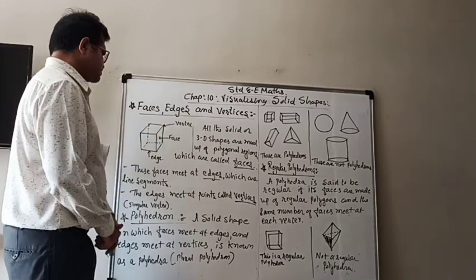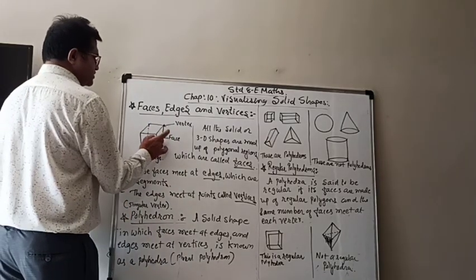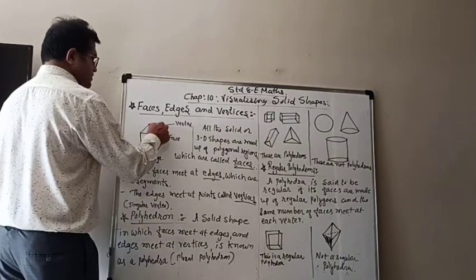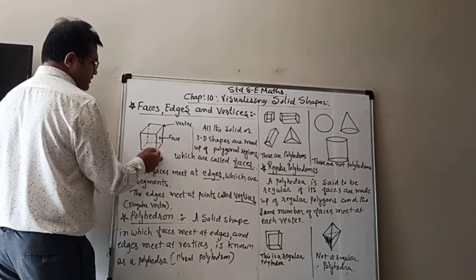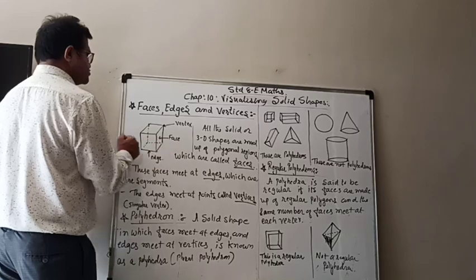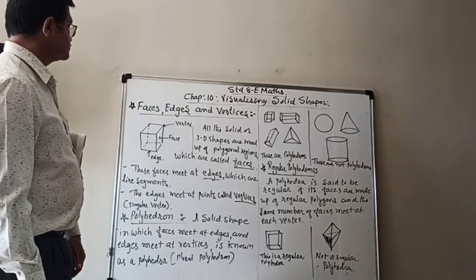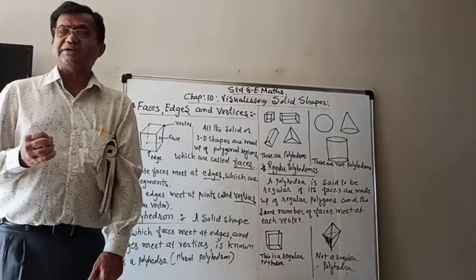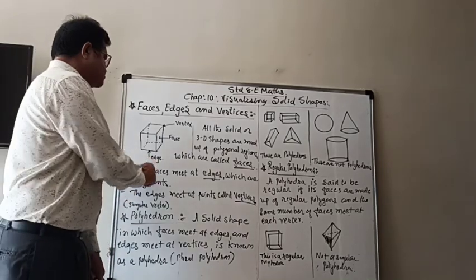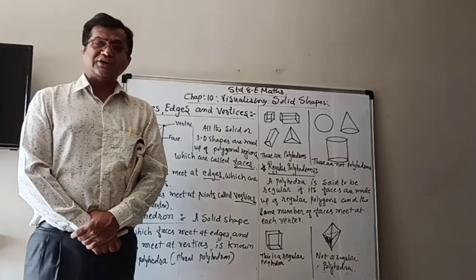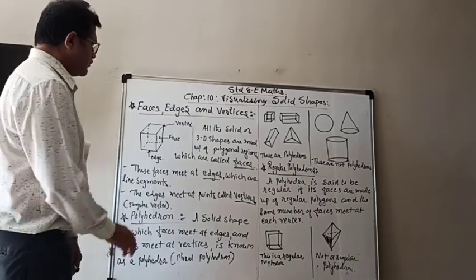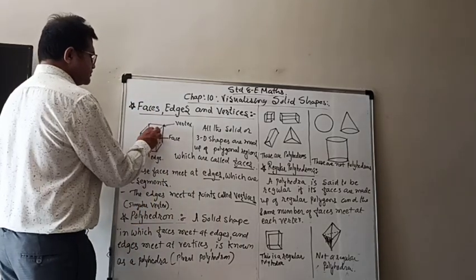You can see that two faces, like this face and this face, meet at a line segment, this face and that face meet at a line segment, and so on. So that line segment is known as the edge of that particular solid shape. And you can see that 1, 2 and 3